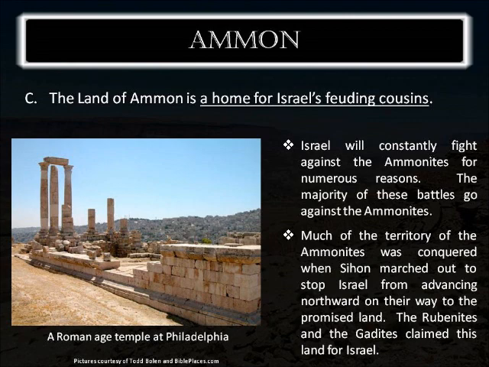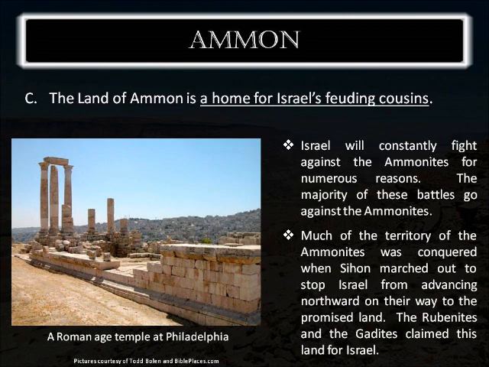And the majority of these battles are going to go against the Ammonites. In fact, the Ammonites really won't become a very powerful group to be contended with until the time of Nebuchadnezzar. And much of the territory that originally belonged to the Ammonites will be conquered when one of the Amorite kings, Sihon, marched out to try to stop Israel from entering the Promised Land at all.